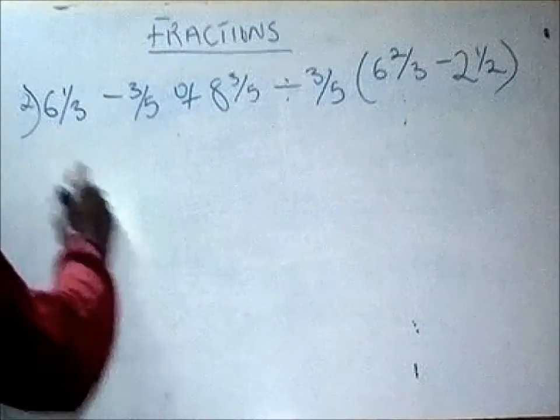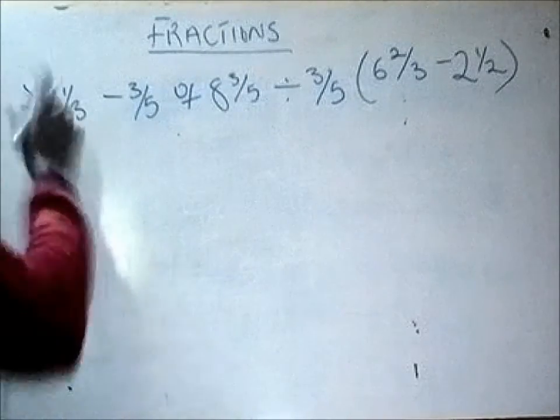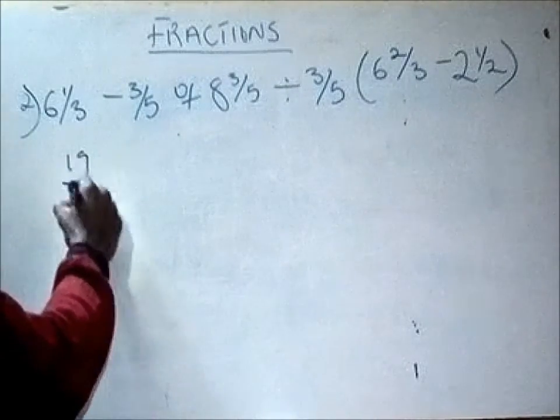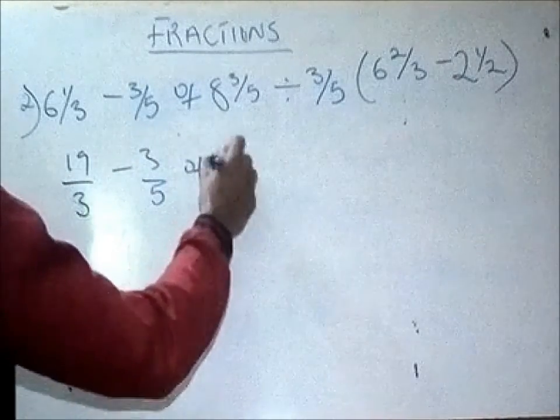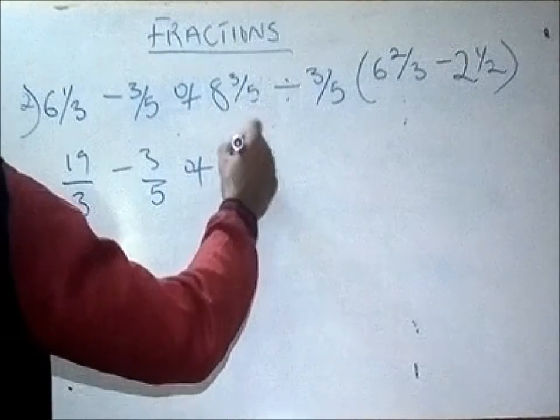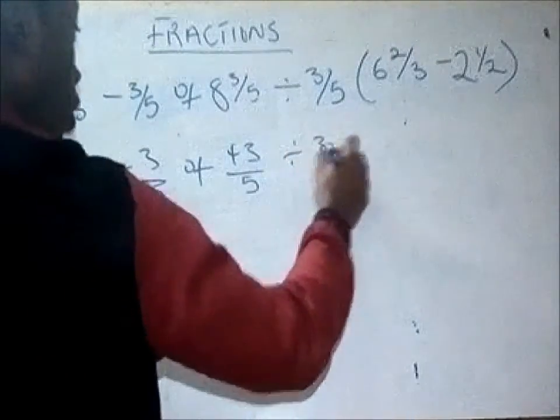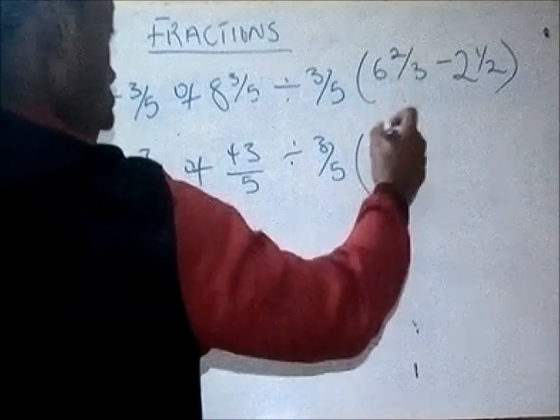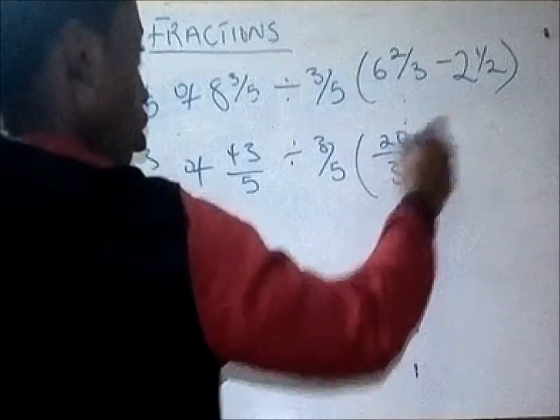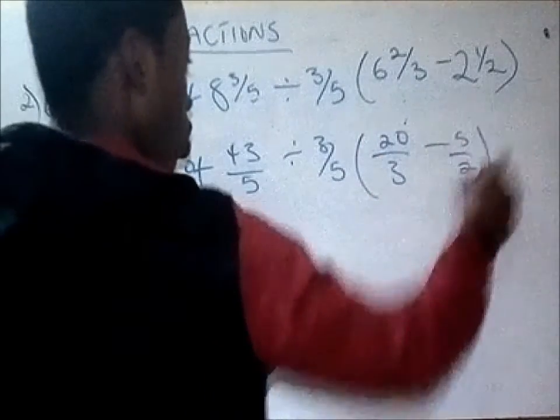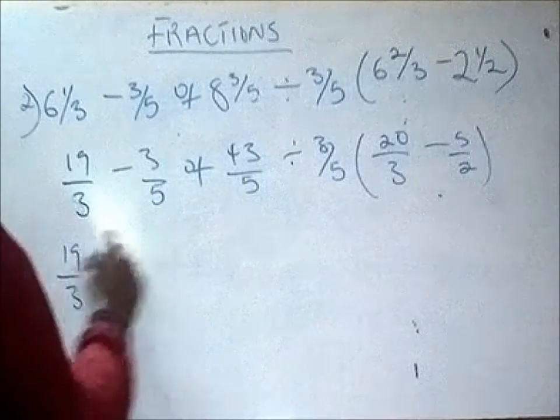So if we bring everything out, we'll be changing this to improper fractions. That is 19/3 minus 3/5 of 43/5 divided by 3/5. Then this will be 20/3 minus 5/2. So you know we're starting with this first. So if we bring this out still, we're having